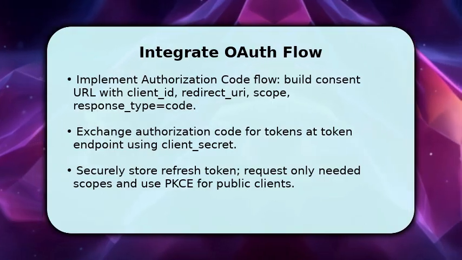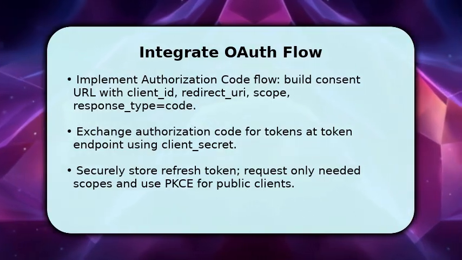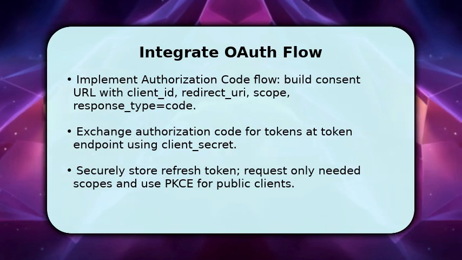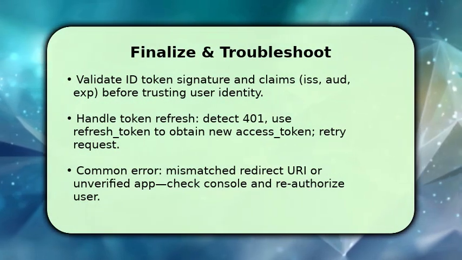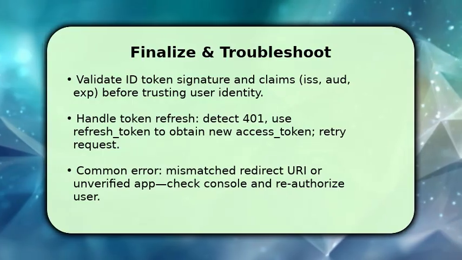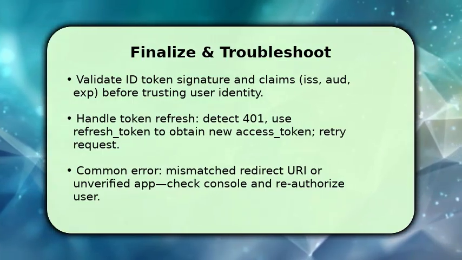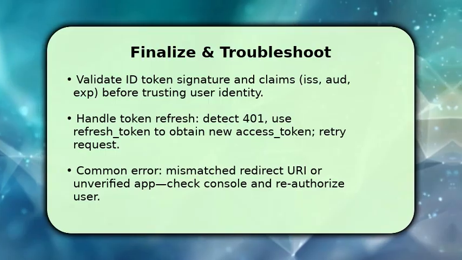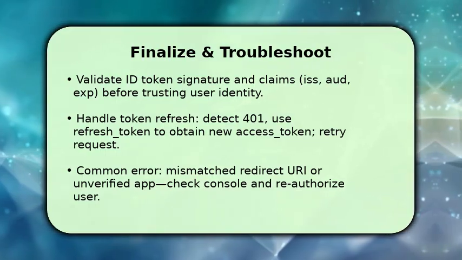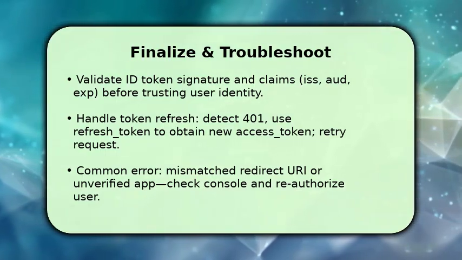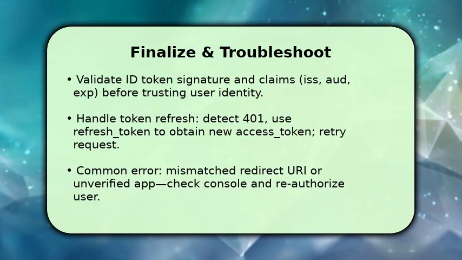You finish by validating tokens and wiring refresh logic so authentication stays reliable. Validate the ID token signature and claims like issuer, audience, and expiry before trusting the user. This prevents impersonation. Implement a refresh flow that catches 401 errors, uses the refresh token to get a new access